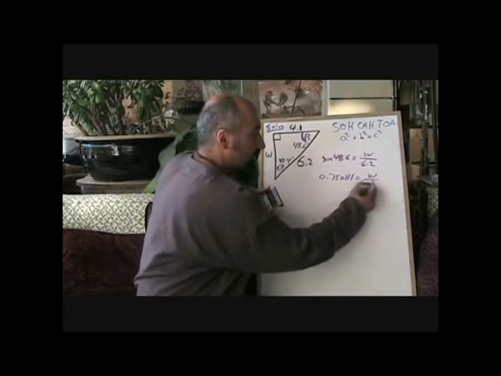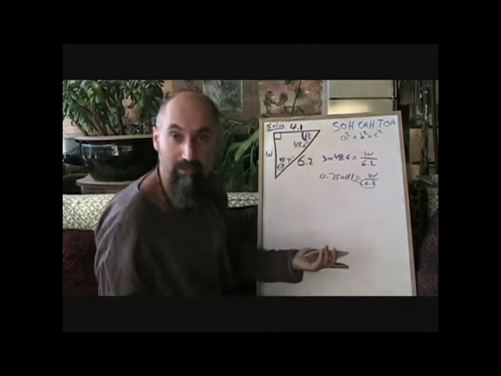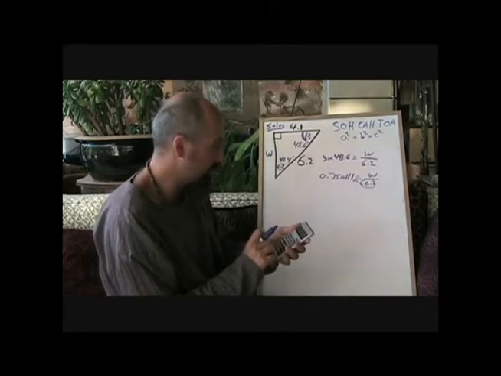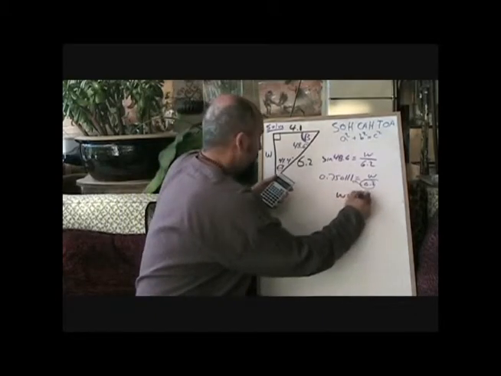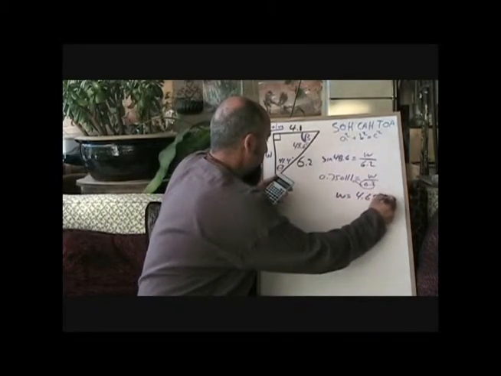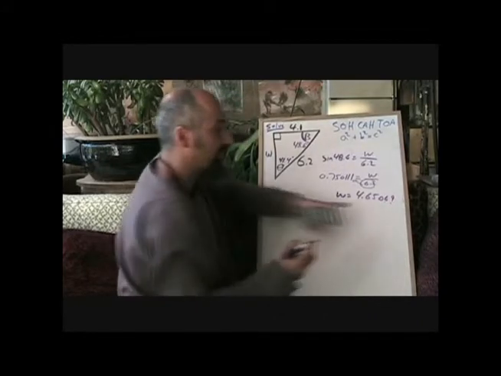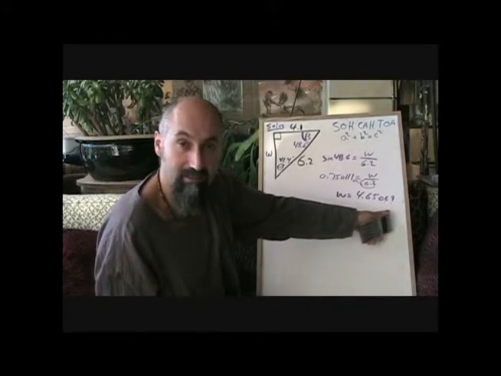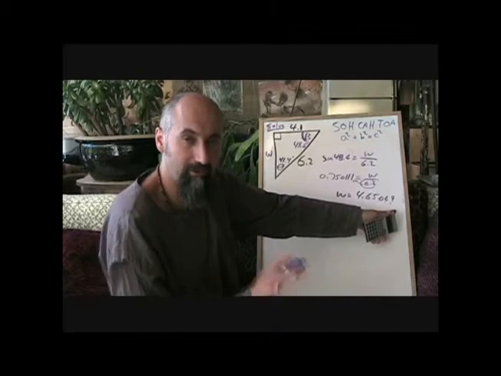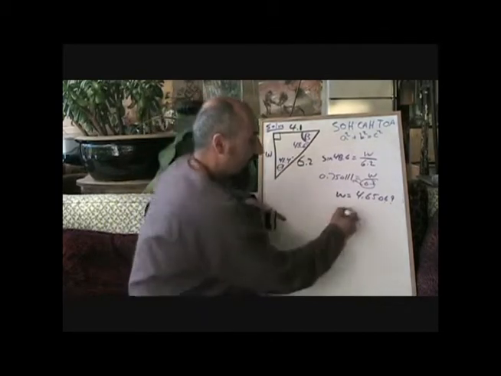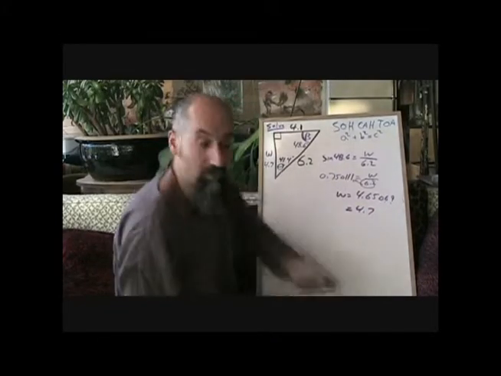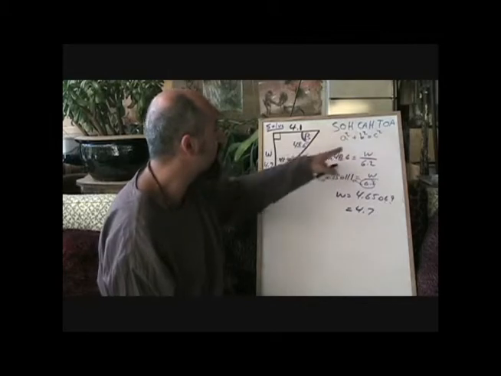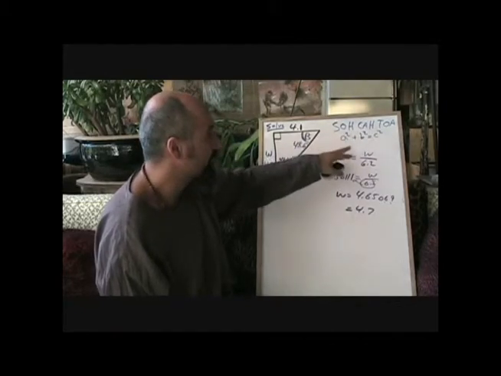And then we're going to cross multiply this up because we want to get W by itself. So that times 6.2, W is equal to 4.65069 and so on. Again, the decimals over here differ a little bit from what we got before, but we don't care because we're going to one decimal place. And this rounds up to 4.7. Again, we get 4.7. So it doesn't make a difference which formula you use,